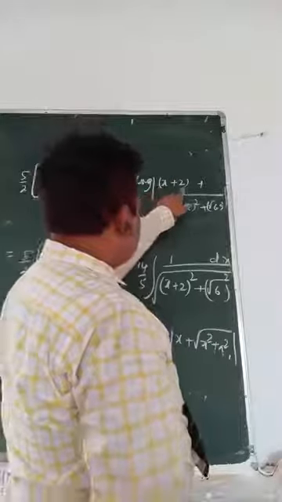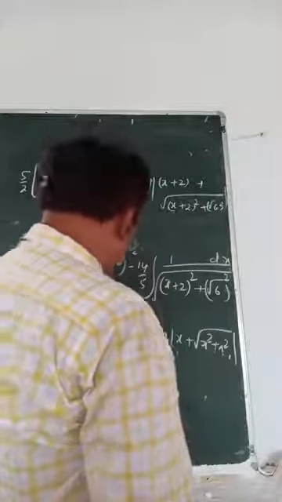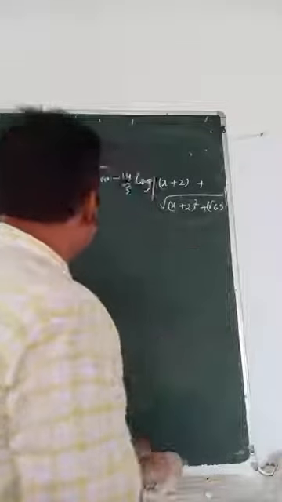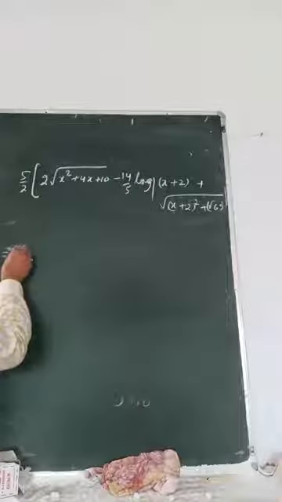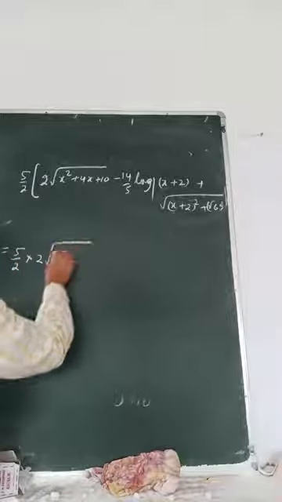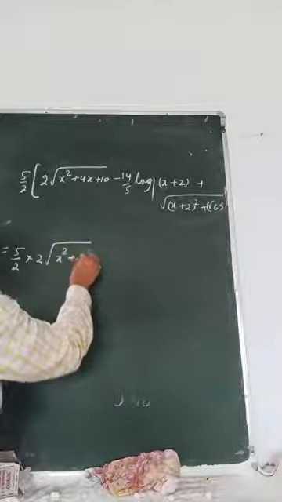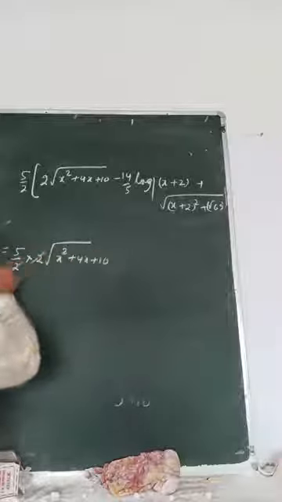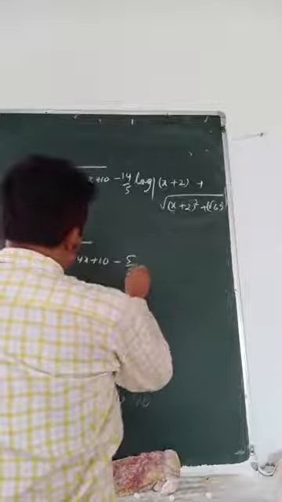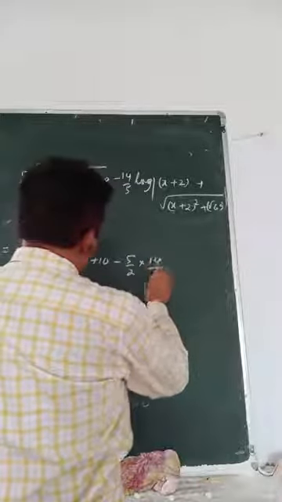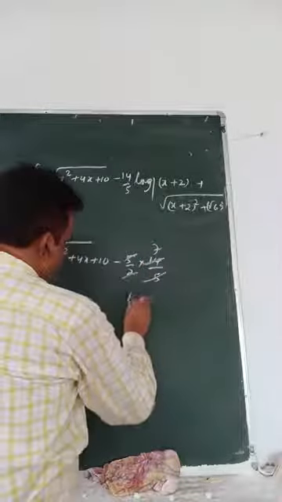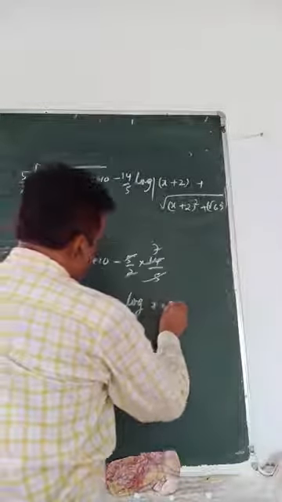Derivative of x plus 2 is 1, so no need to divide. So the final answer is 5 by 2 into 2 root of x square plus 4x plus 10, 2 is cancelled, minus 5 by 2 into 14 by 5, that is 7, log of x plus 2,